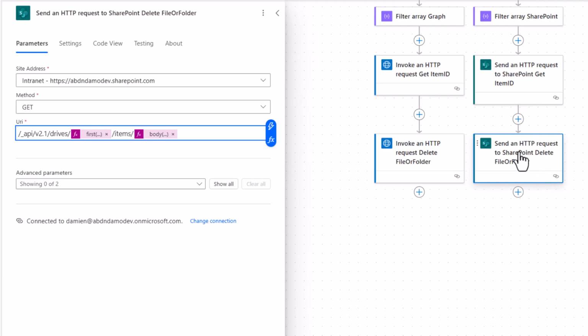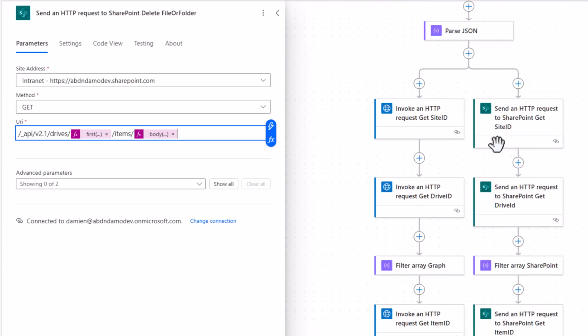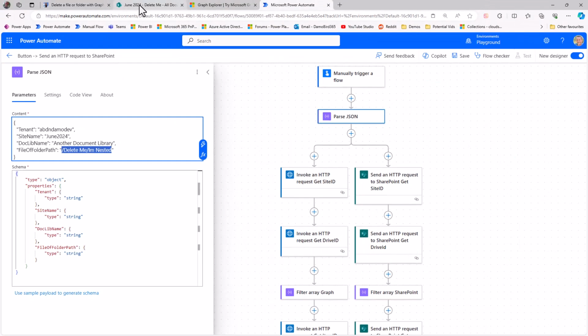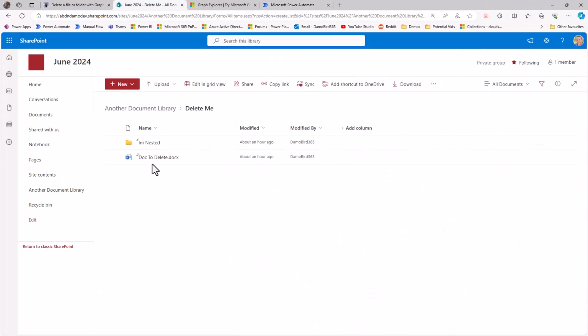Now, the only thing to note is that these are running in parallel, so they're both going to try and delete the folder path that I have specified here. Delete me, I'm nested. And if I look at this document library, I have delete me, I'm nested. So this and the file within the folder should be deleted. But because they're running in parallel, I'm also going to get one of them to delete this file called doc2delete. So that's part of the delete me folder,